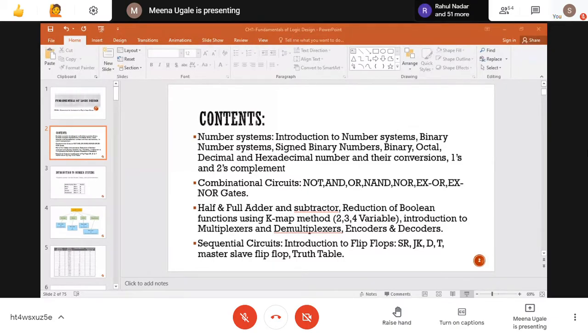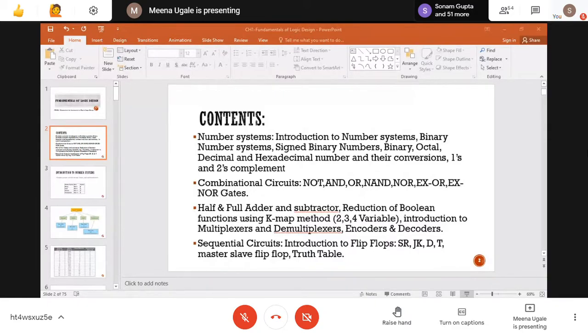So we'll start here with the number system. We know why we require the number system and how we use it. The commonly used number system is the decimal number system, where we start counting 0, 1, 2, 3, 4, and it goes up to infinity. Similarly, when you work with any computer system, various other number representations are also there. The mainly used representations of the number system are decimal, binary, octal, and